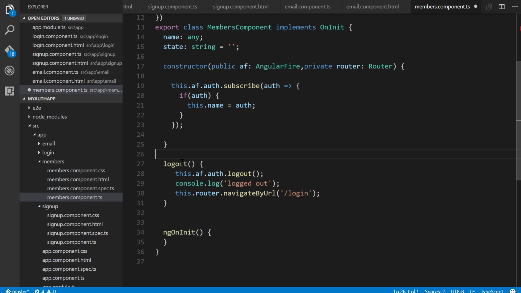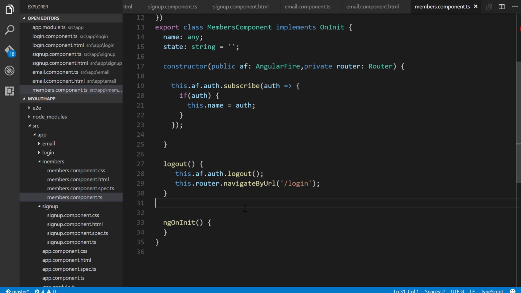And then we have a logout. And in the HTML template, we're going to have a button that allows them to log out, and we'll call this method. And it's very simple. To log out with Angular Fire, it's just this AF auth log out. That's it. Go ahead and delete this if you want. And then we just send them back to the login page. Okay, now let's go ahead to